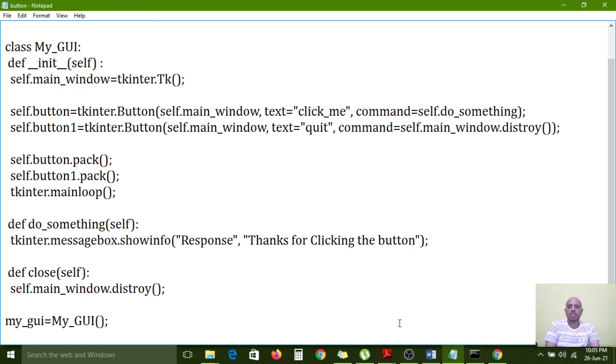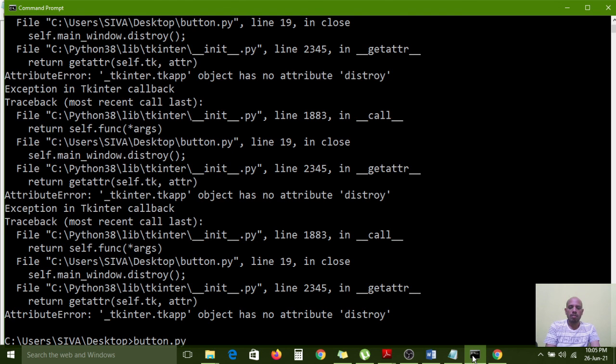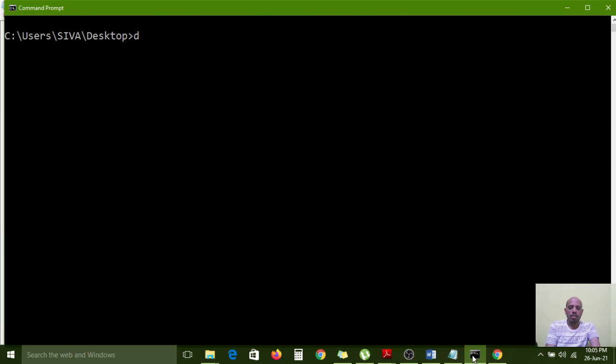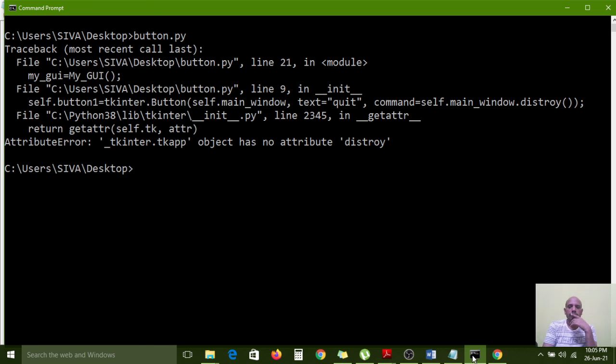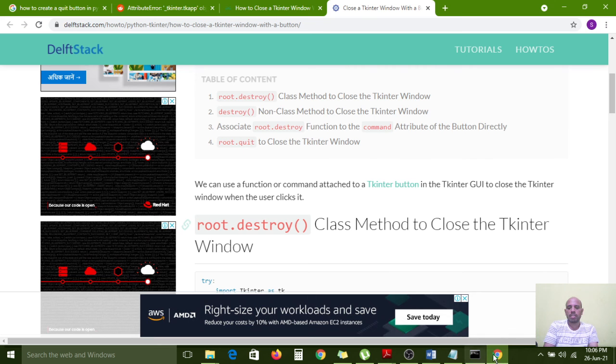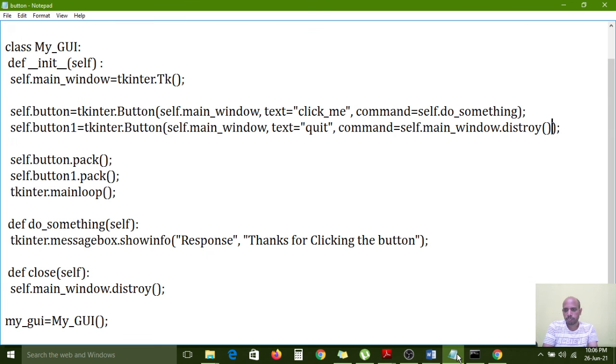Now I am closing this one. Now I am opening the command prompt. cls. For the button we have to use destroy, init method, quit command: return get attribute self.dk, attribute object has no attribute destroy.